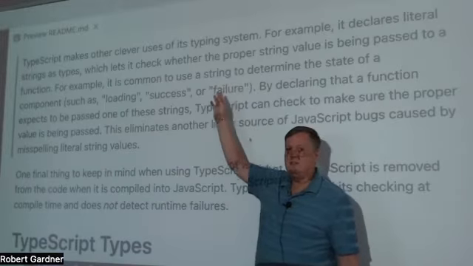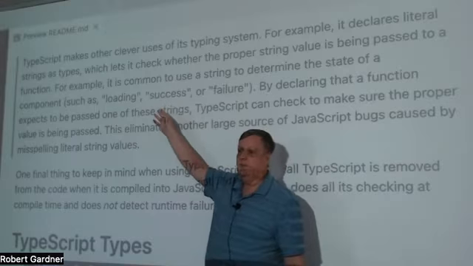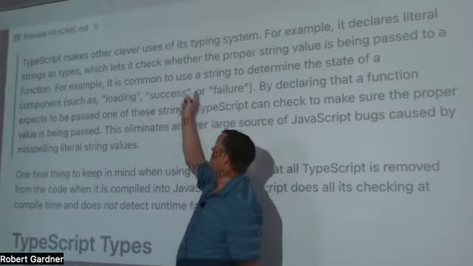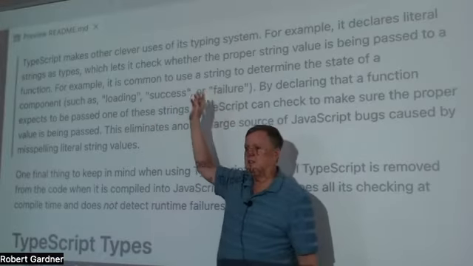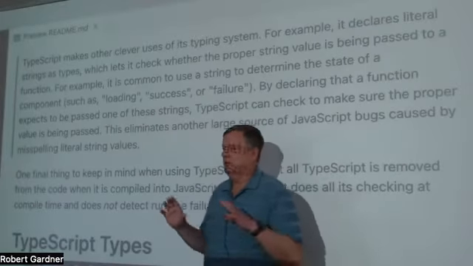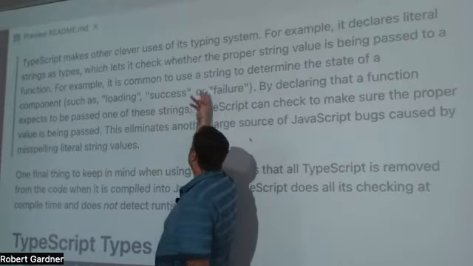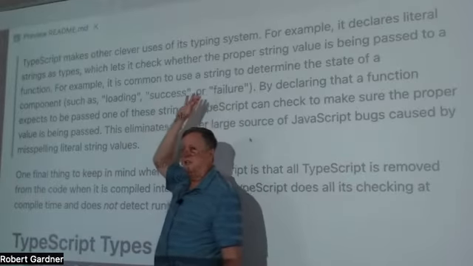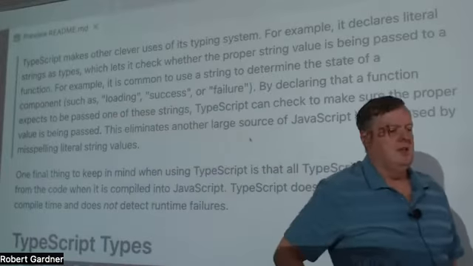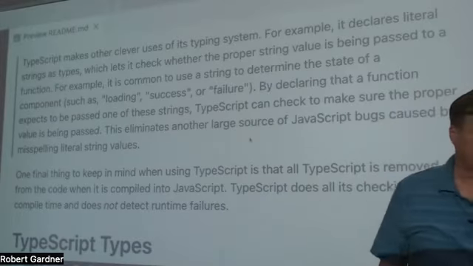And the problem that happens here is the typos that Lamberto was mentioning. Because I'll misspell loading, I'll change my mind and change it from failure to error and not find all the places I did that, and I'll be messed up. TypeScript actually lets you declare a variable not just as a string, but as it must be either loading, success, or failure. And if you assign it to anything other than that, it will give you an error. So it does things like that that are just really, really useful when you're writing your JavaScript code to make sure that everything is consistent and you're using things correctly.